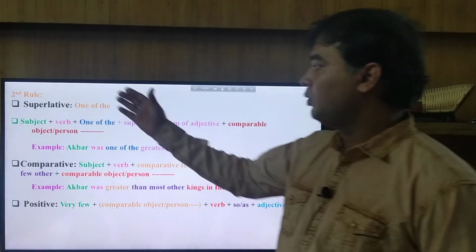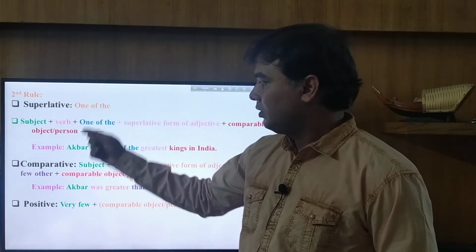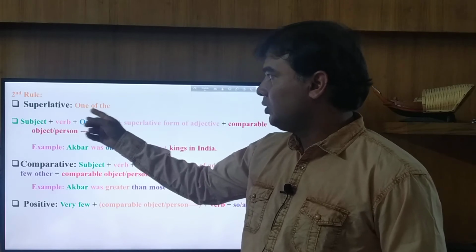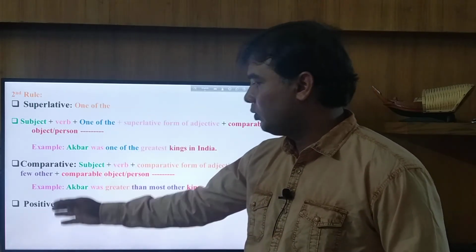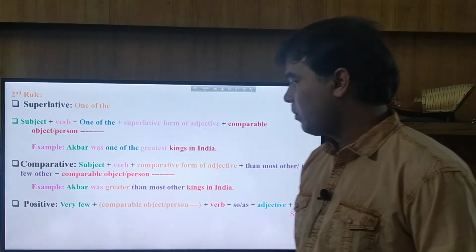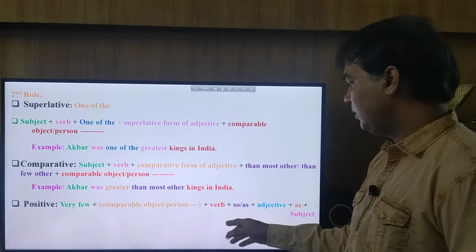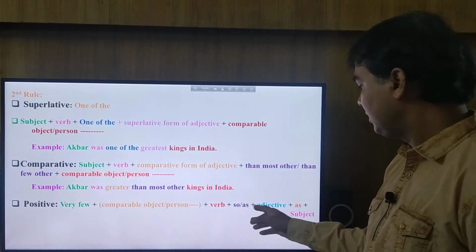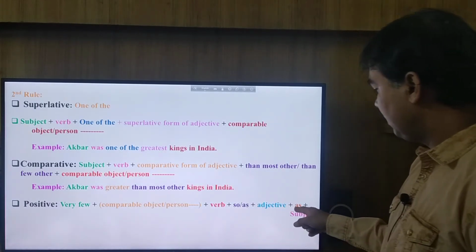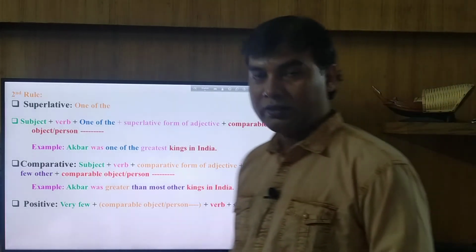Now, positive form. If you want to convert a sentence from superlative to positive, then the basic structure would be: very few, then comparable object or person, then verb, then so or as, then adjective, then as, and then subject. For example, you see: